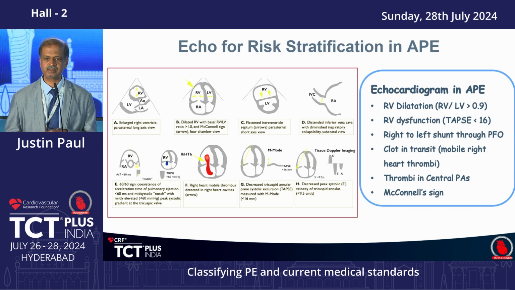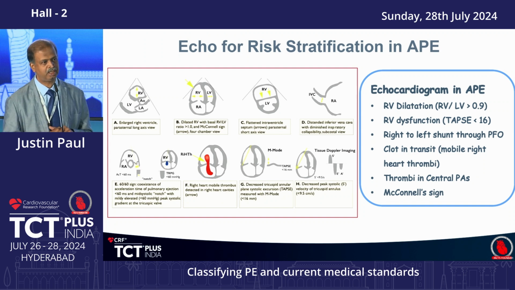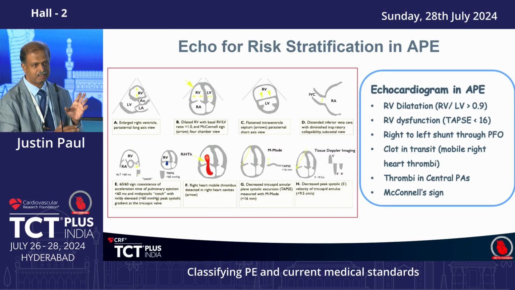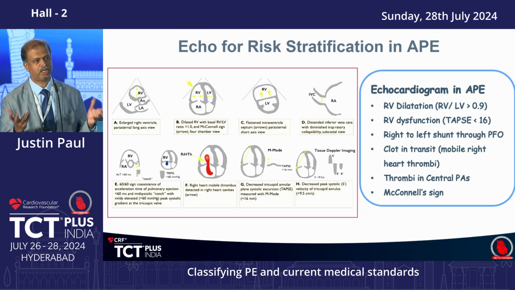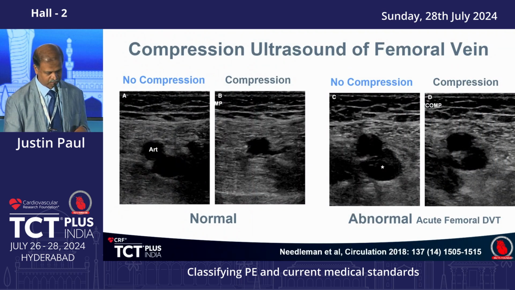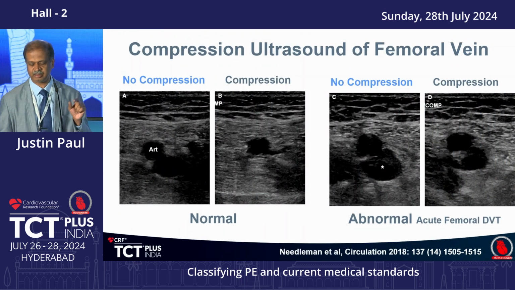And clot in transit. Why should a clot be there in the right atrium? Imagine you find a thrombus rolling around, swirling around in the right atrium. Why should it stay there? There is blood flowing there, it should move forward to the pulmonary artery. The very fact that it is not moving forward tells us that the pulmonary artery is already loaded with thrombus. So indirectly, that is how we understand that if the clot is in transit, roaming around in the right atrium, there is nowhere to go, the pulmonary artery is loaded with thrombus, and it is a high risk case. And McConnell sign, these are some other signs we can take in echo. This is another finding that you can do easily by the bedside.